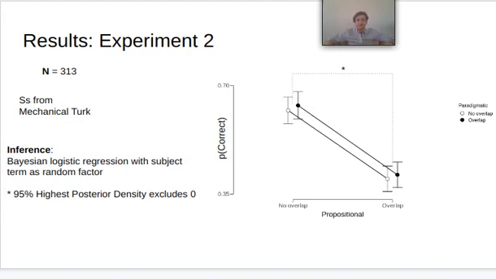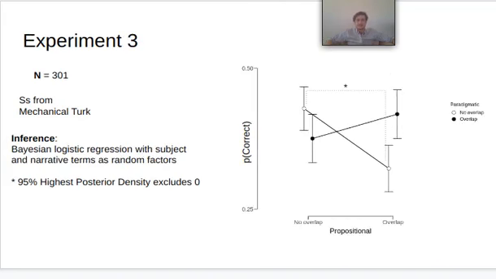In experiment 2, we obtained a reliable main effect of propositional interference, but no evidence for paradigmatic interference. We constructed 3 new narratives and 3 new sets of critical sentences and randomly assigned each subject to a single narrative in the next experiment. This time we got a propositional by paradigmatic interaction such that in the absence of paradigmatic overlap, we got propositional interference. However, when paradigmatic overlap was present, we had no propositional interference. Critically, we did not find evidence for paradigmatic interference.